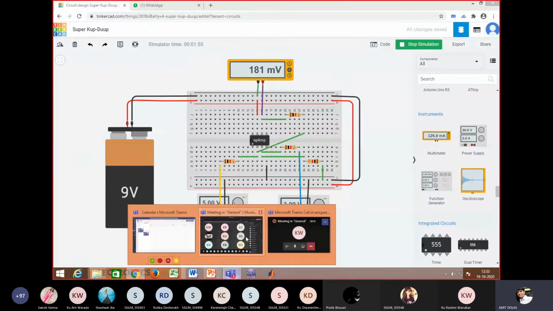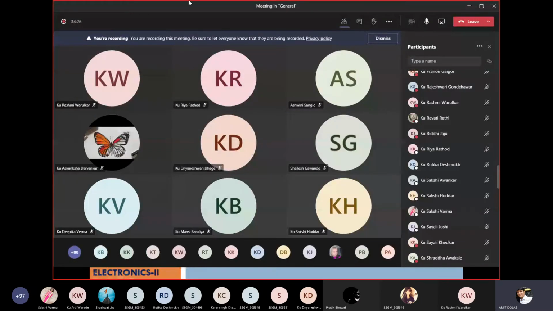So I'll come back to you. I want an answer to the first question. Is the circuit wrong? Because it is not providing an accurate result for every probable combination of V1 and V2. If V1 is greater than V2, then the result is proper.